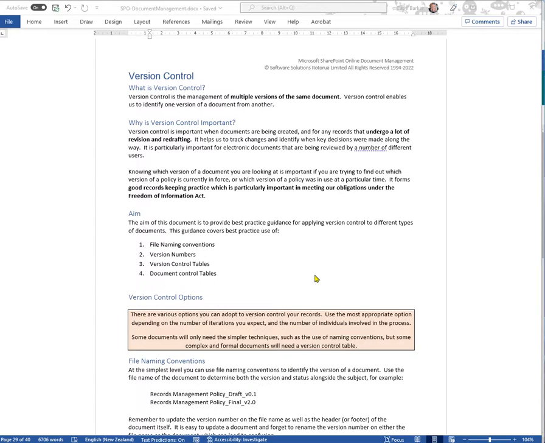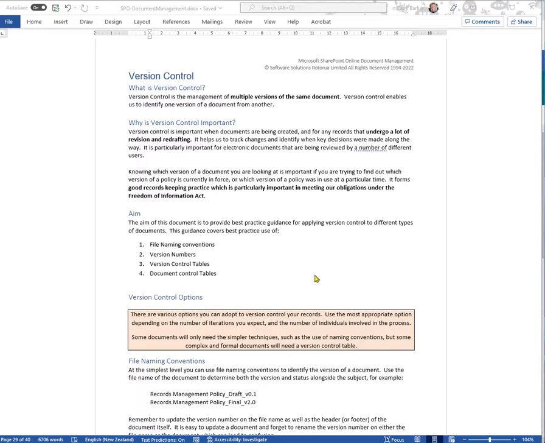So generally speaking, what is version control? Well, if a document is undergoing changes, we don't want to be juggling multiple copies of a file and managing those multiple copies, trying to keep up to date with what's the most recent file, especially when there's multiple authors involved. So version control is when we want to identify one document has many versions over the course of its